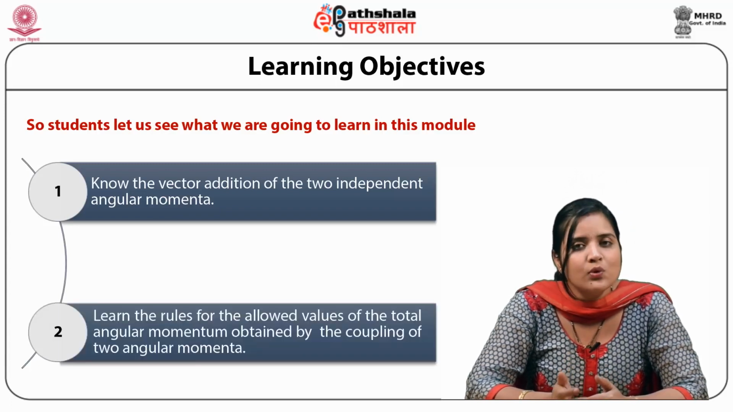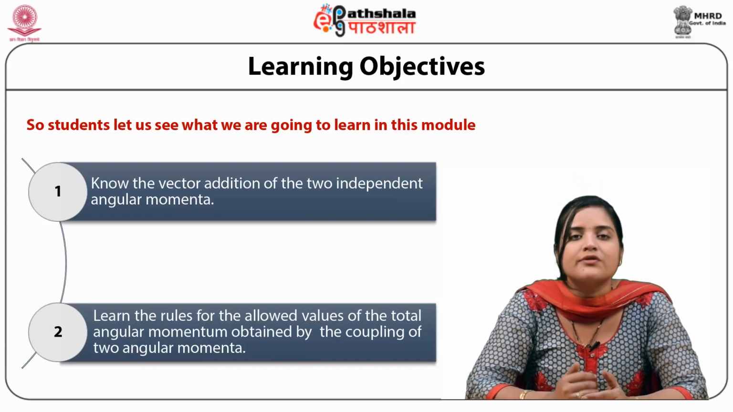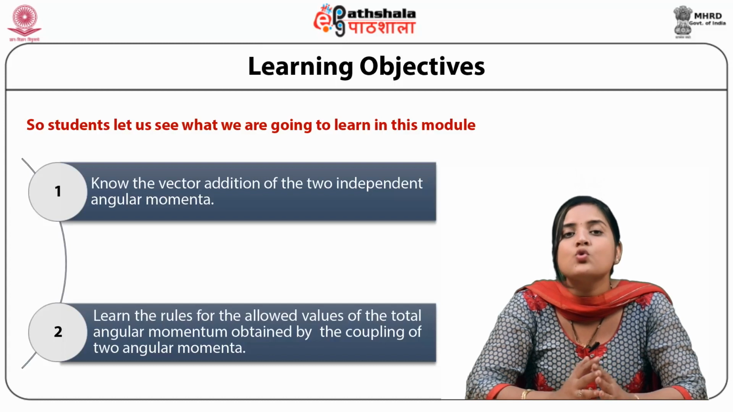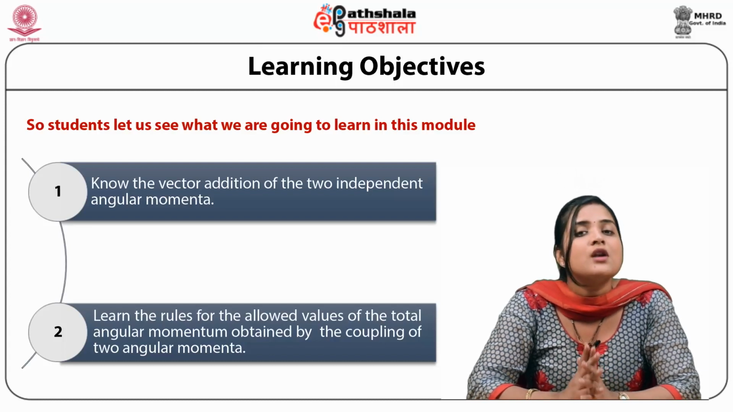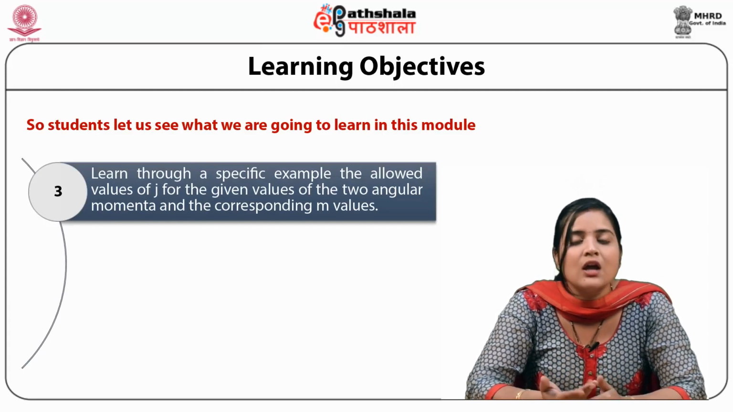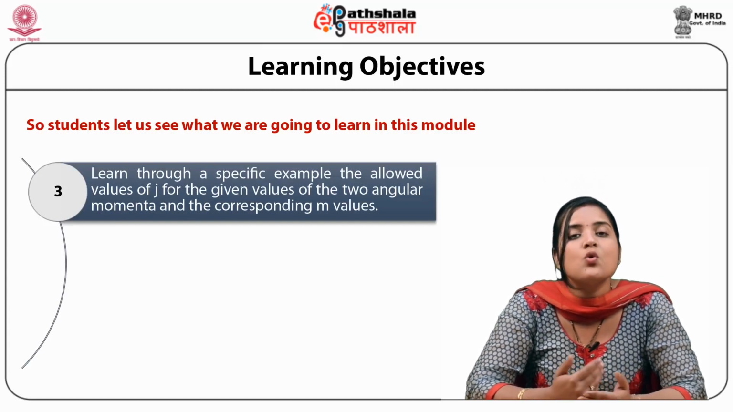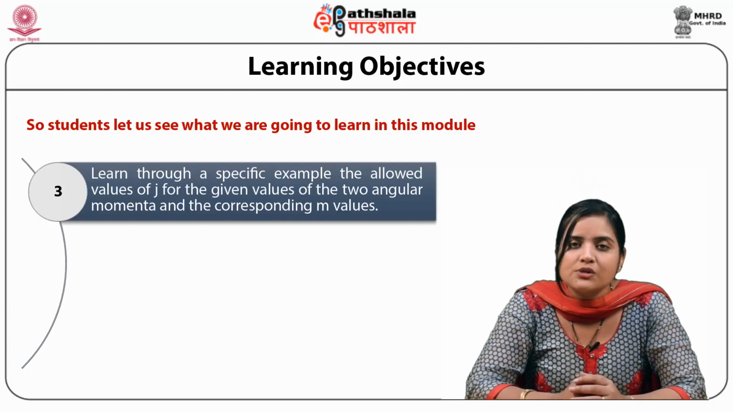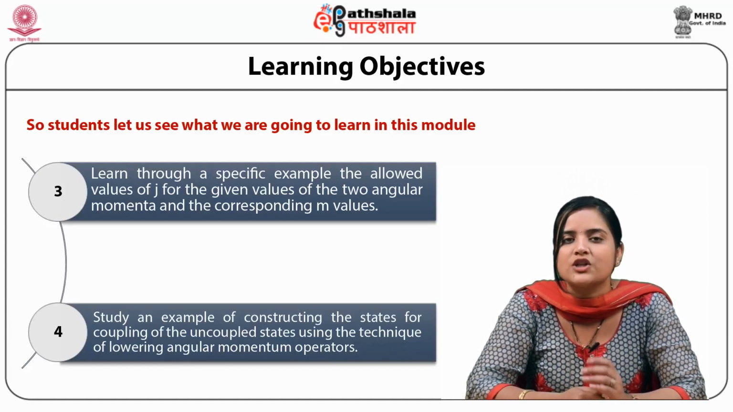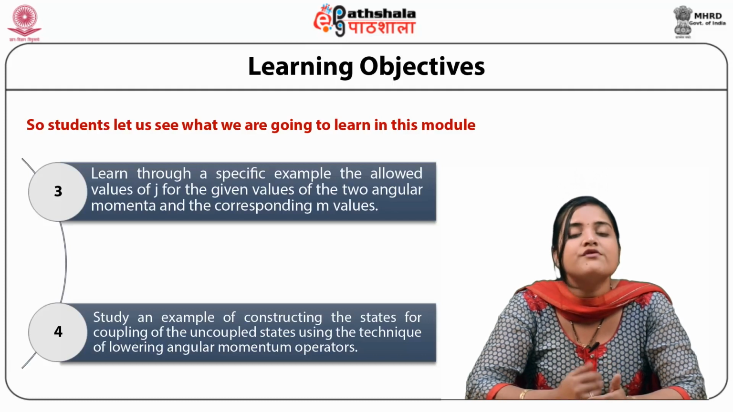We will learn the rules for the allowed values of the total angular momentum which are obtained by the coupling of two angular momenta. We will learn through a specific example the allowed values of J for the given values of two angular momenta and the corresponding M values. We will study an example of constructing the states for coupling of the uncoupled state using the technique of lowering